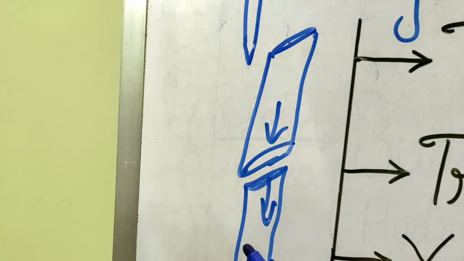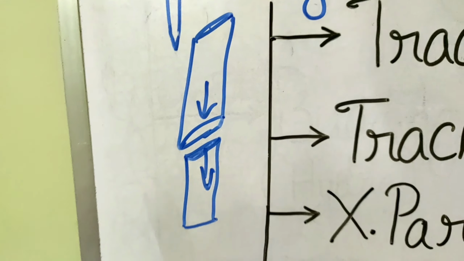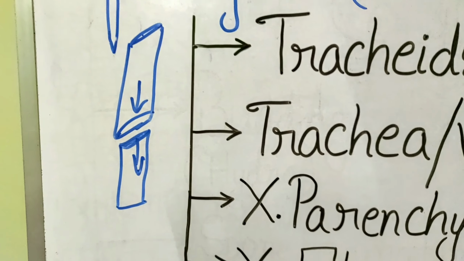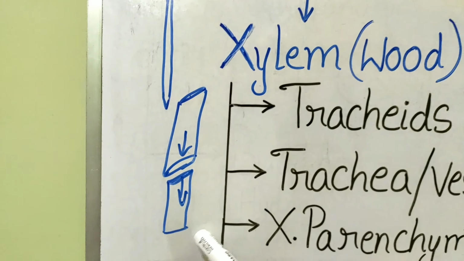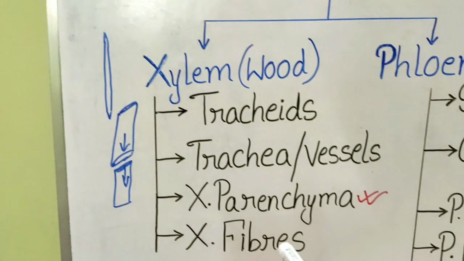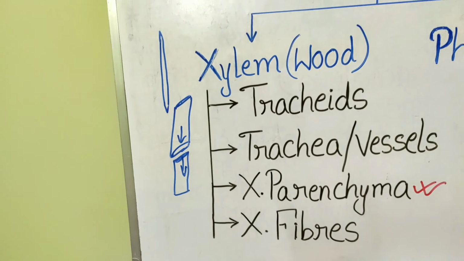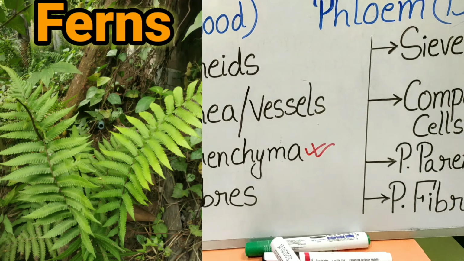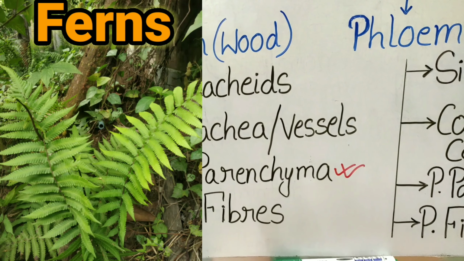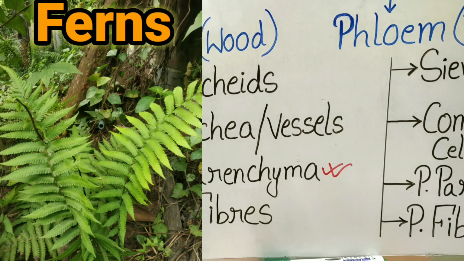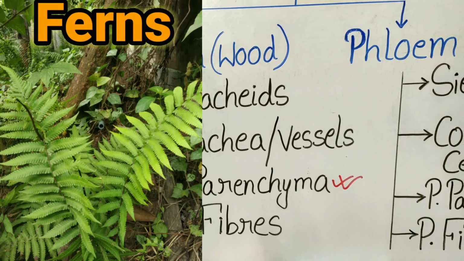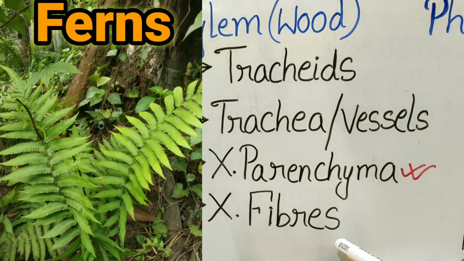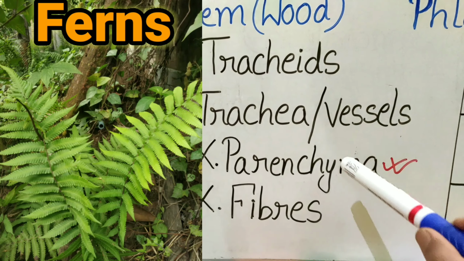So this trachea or the vessels are the characteristic feature of the higher plants. Now what are these higher plants? In angiosperms, that means the flowering plants, this trachea is present. The tracheids are also present, trachea is also present, parenchyma is also present, xylem fiber is also present. But if you talk about lower plants like ferns, that is pteridophyta, ferns means Dryopteris, which you might have noticed are small plants. They are land plants, they have the tracheids, the xylem parenchyma, the fibers, but they do not have trachea in them.